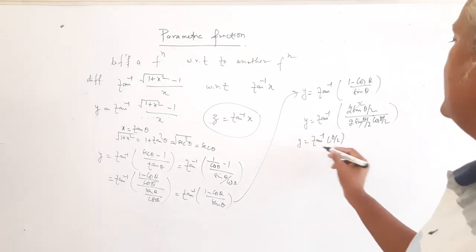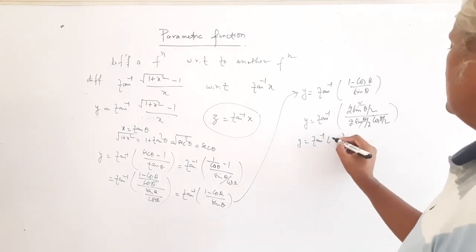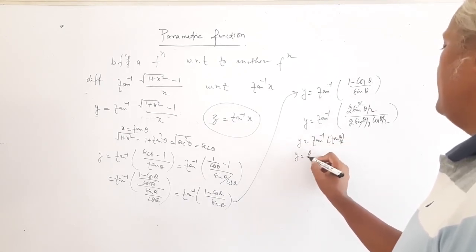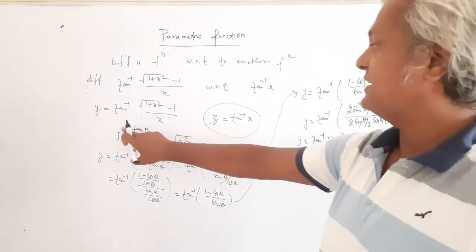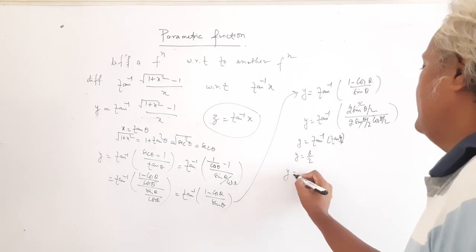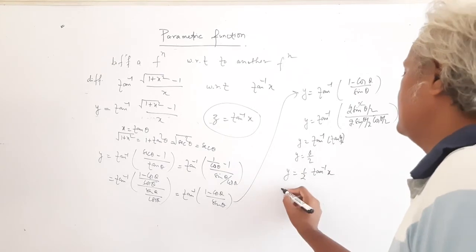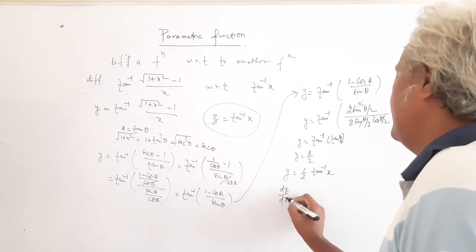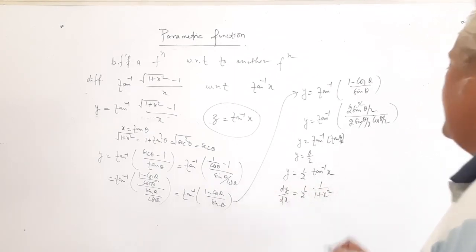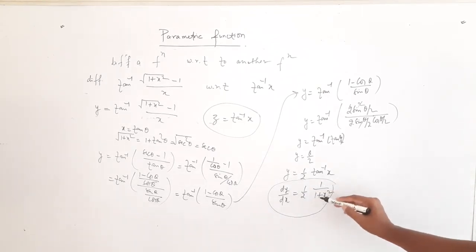And now if you differentiate this, we have y equal to tan inverse tan theta by 2. So this is y equal to theta by 2. Since x is tan theta, theta is tan inverse x. So what is y here? y equal to half tan inverse x. Then dy by dx equal to half times 1 over 1 plus x square. So dy by dx is 1 over 2 times 1 plus x square.